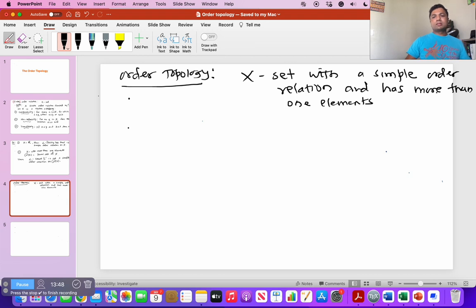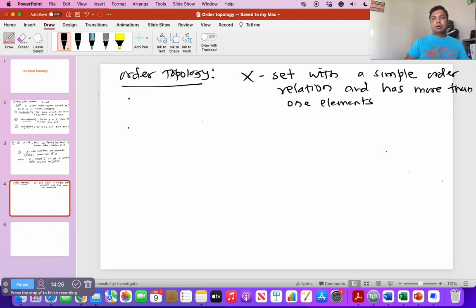So let's say X is a set with the simple order relation. We are taking X with the simple order relation because when we are dealing with topology, there is always the basis of that topology. And here we are going to use the open interval, half open interval, to define the basis for the order topology. That's why we need the simple order relation, and it has to have at least two elements,